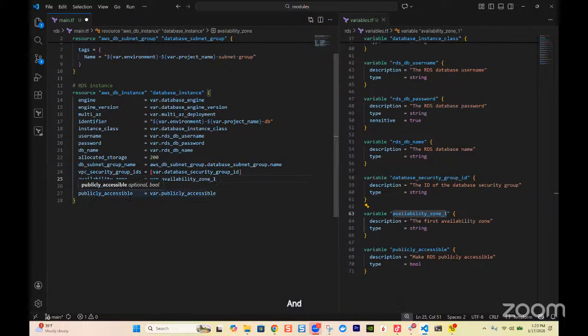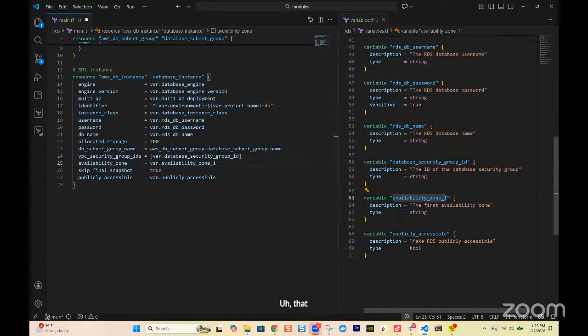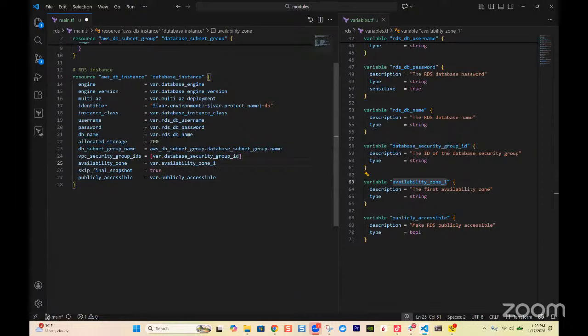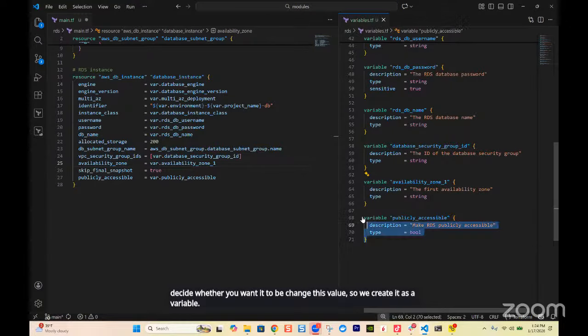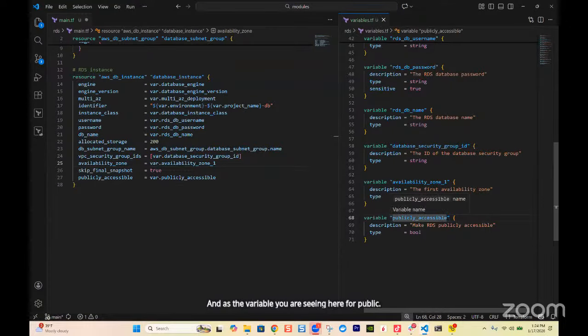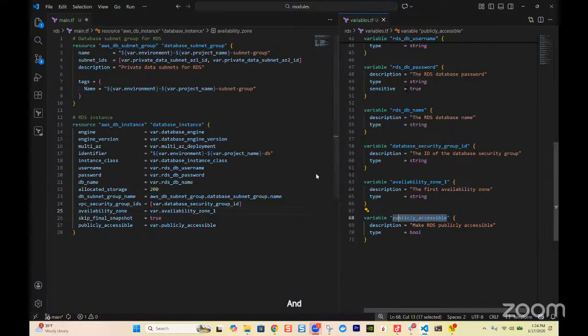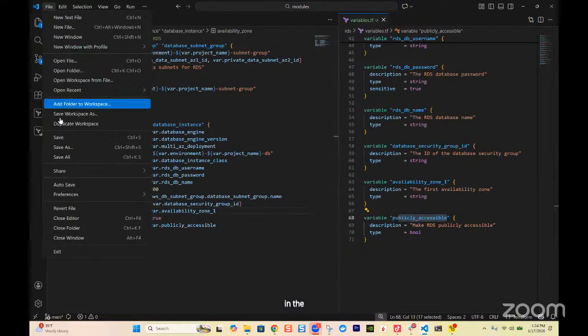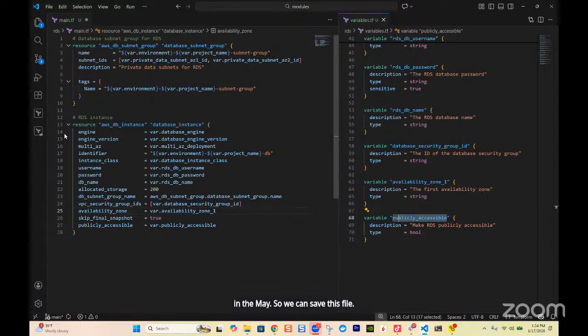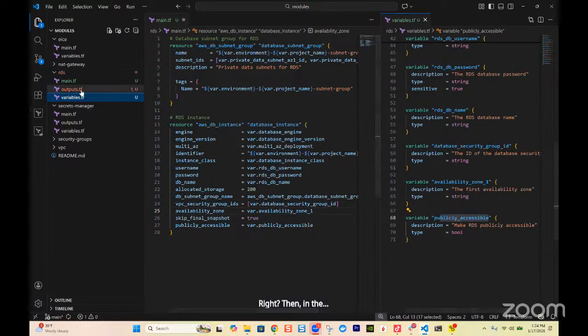And publicly accessible, that one we can type true or false here, but I want you to be able to decide whether you want to change this value. So we create it as a variable, and that's the variable you are seeing here, var.publicly_accessible. And that's all we need to do for this RDS in the main. So we can save this file, right? Then in the outputs,